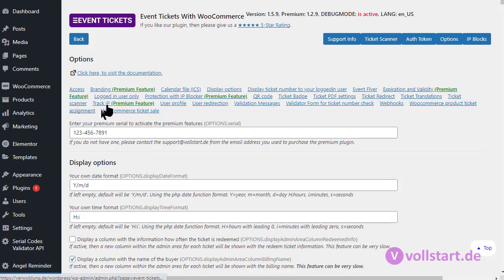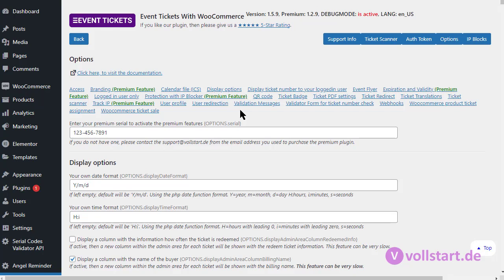There's a quick menu chooser because we have so many options for so many different use cases that sometimes it's overwhelming to get started. If you have no clue at all and you just want to start, the plugin is already configured for event organizers. You can start immediately. You sell a product marked as a ticket. We will see this in a few seconds. And then everything goes on already. Nothing to do that much.